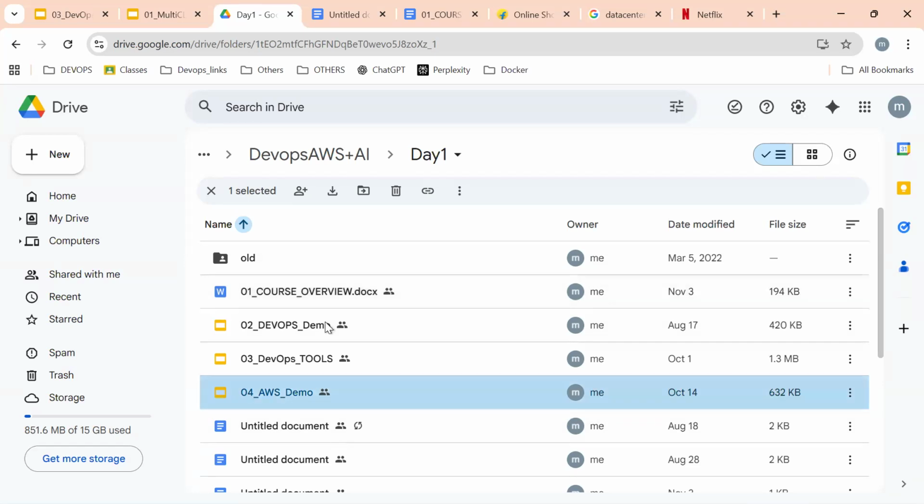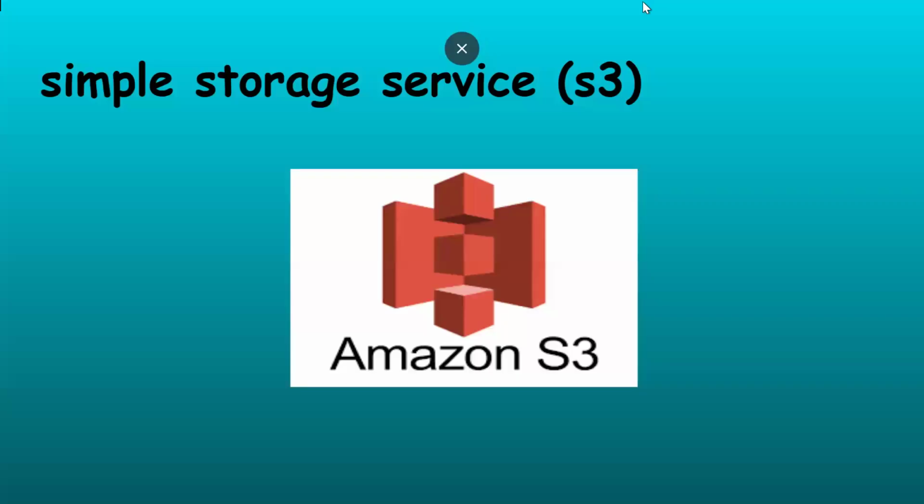How exactly are we maintaining or uploading files? The same way, we can upload or download any kind of files over the internet into the S3 bucket. The first cloud service provider, AWS itself, introduced S3 bucket to the world.